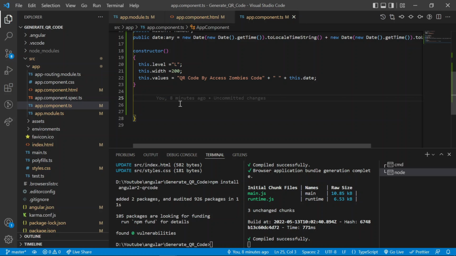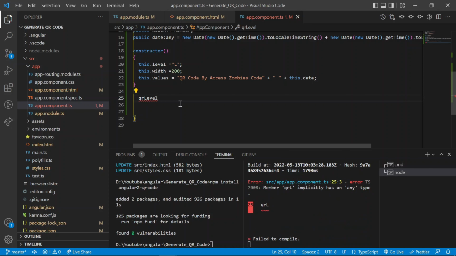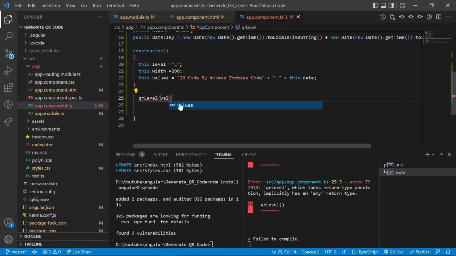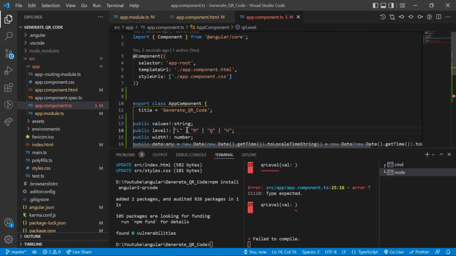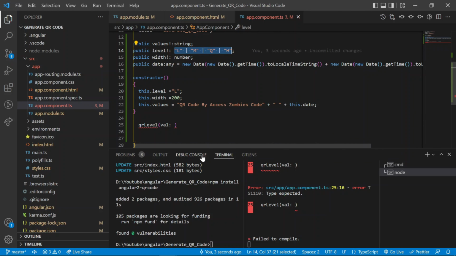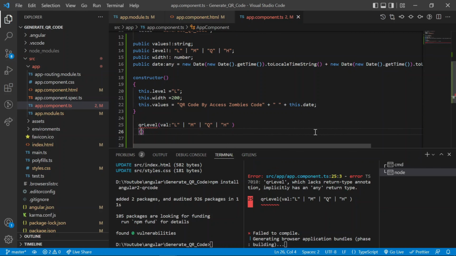First is label. So for the label, the method name is QR label. The QR label method will take some input when it is called.